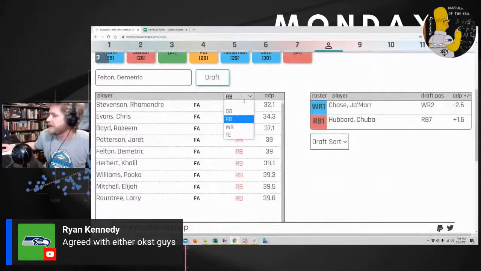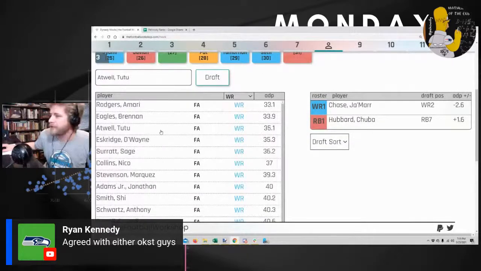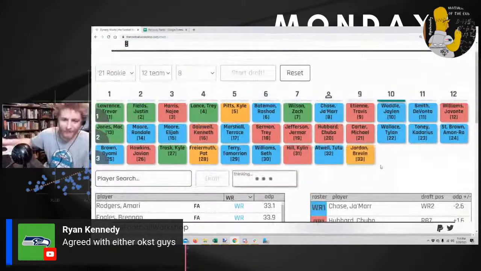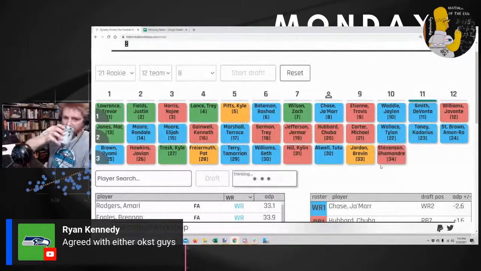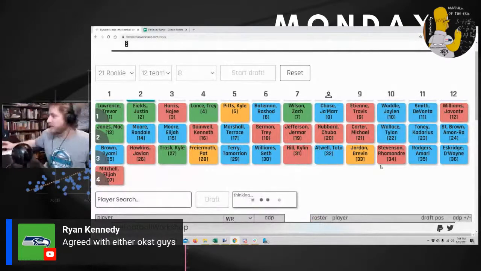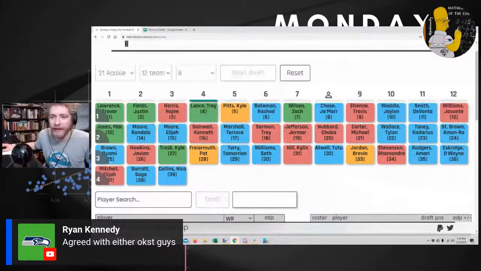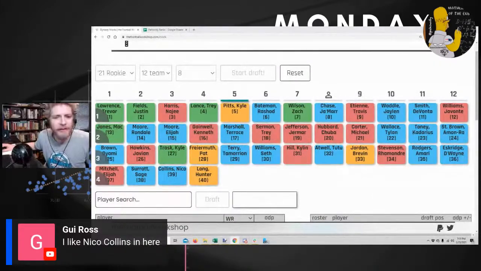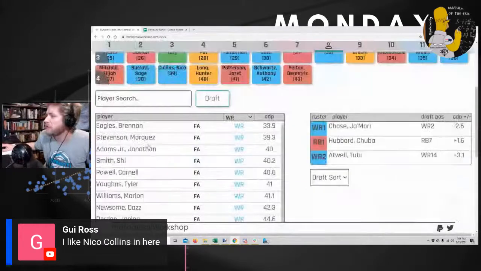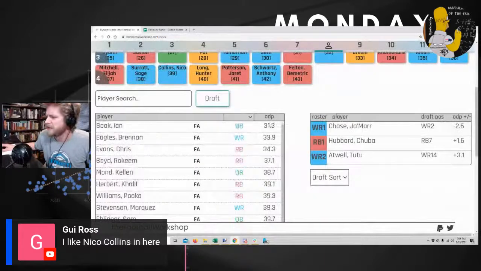All right, so yeah, I think I'm taking a shot on Tutu here. Third round wide receiver. I have rostered way too many of them for too long. Ramondre Stevenson and Brevin Jordan went the very next pick. So I think we've got a handle on ADP, despite what I keep getting told. I like Nico Collins here. Interesting name. I don't know him well enough, or at all, to be clear.